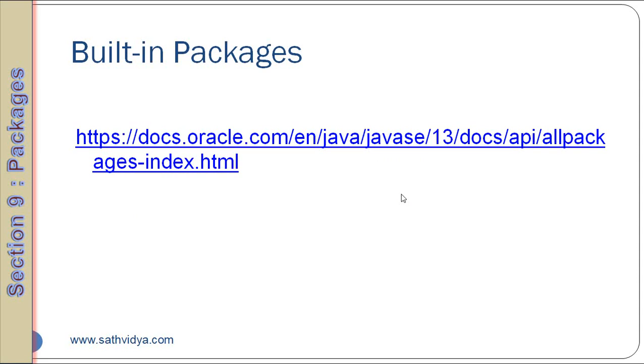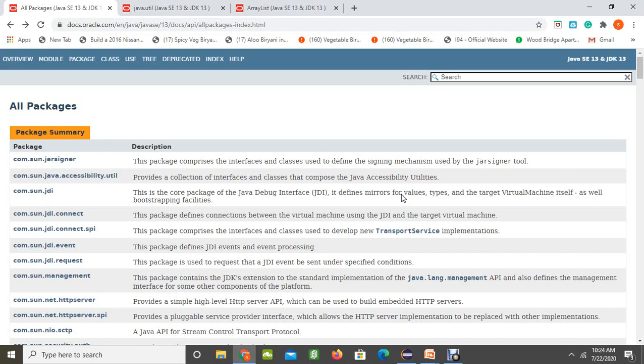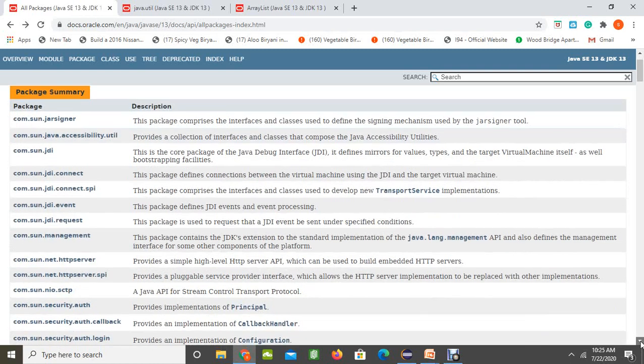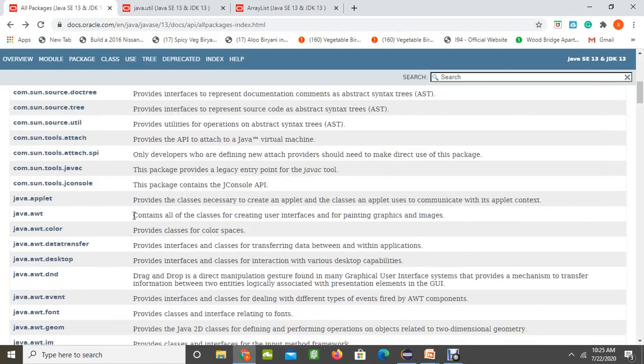When you go to the Java documentation, you can find all the built-in packages that are available in Java. If you go ahead and see this link, here you can find all the packages that are available. If you want to read, you can see what each contains, like the classes to create user interface or painting graphics and images. The AWT package helps you to create some graphic images for your application.